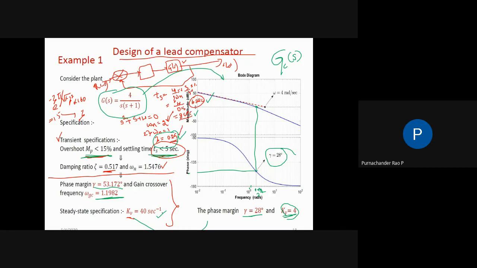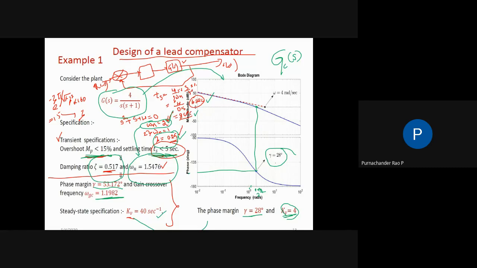And therefore, we need to design the system in such a way that our natural frequency is going to be 1.54 instead of 2 radians per second. Initially this was 2 radians per second. Now, if you add something to the system, your natural frequency has to change and the damping ratio should change. Similarly, here for a given system, the Bode plot, if you draw it in the